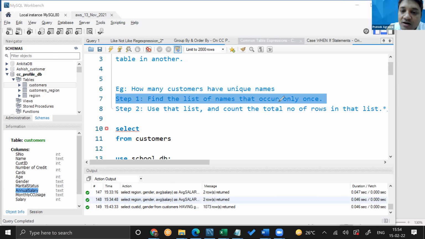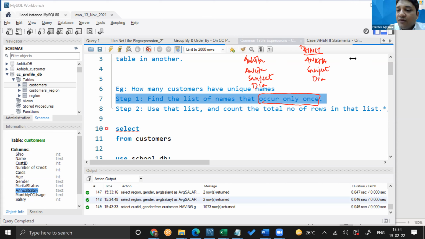Yeah, but the question here is not this. The question says find the names that occur only once. So let's say there is Ankita and there is one more Ankita, and let's say there is Sanjeev, and let's say there is Diya. You understand, Ankit? So if I were to say distinct, then what will be distinct here? Ankita, Sanjeev, and Diya, isn't it?